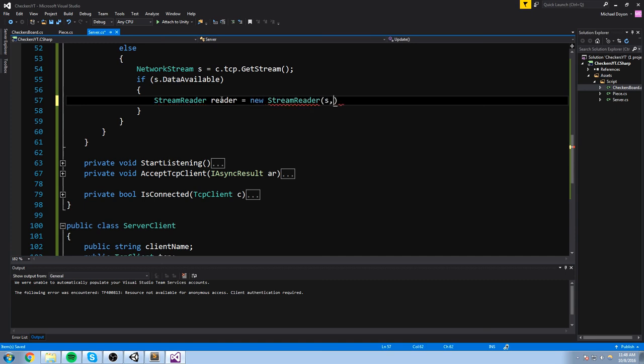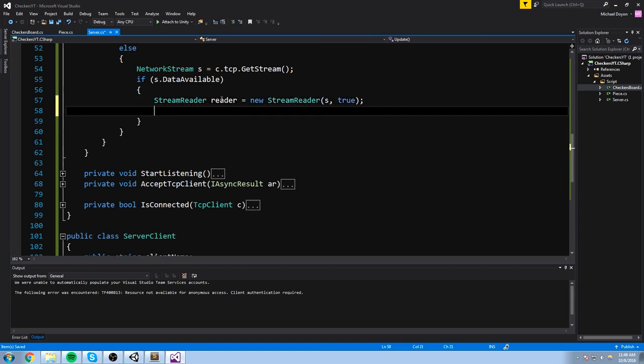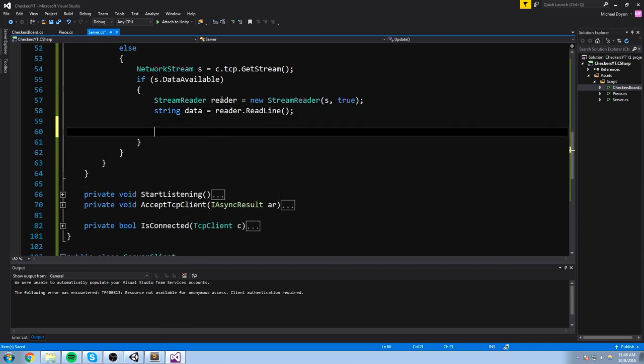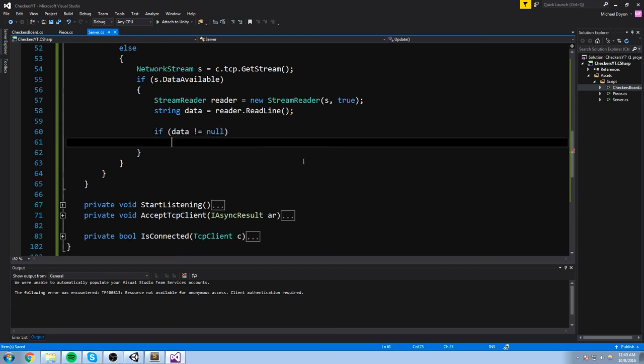So StreamReader s, and through our data is going to be stored in here, so reader.ReadLine. We only have to read one line, because whenever we write, we're simply going to write everything in a single line. Whether that line is 2,000 characters long doesn't really matter, because we'll be using our own decoding type, kind of. Okay, and if that data is not equal to null,